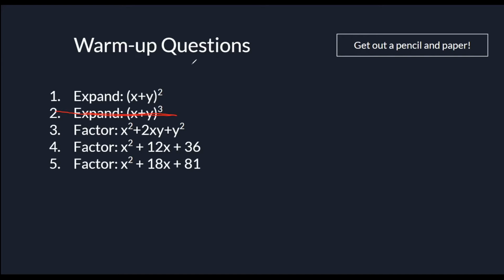Okay, so Anthony, you typed in the chat that this number 2 was x cubed plus 2x squared y plus 2y squared x plus y cubed. But you did forget some terms. I'm going to go over it really quickly just because, Anthony, you attempted it, okay? When we expand the first two, we get x squared plus 2xy plus y squared. We multiply that